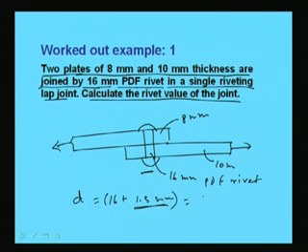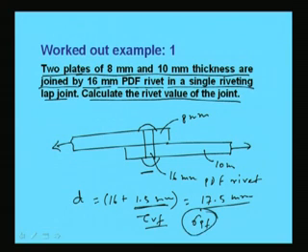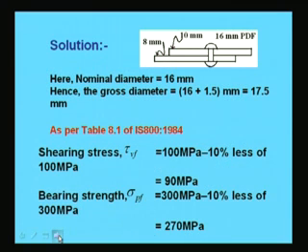So, this will become 17.5 mm. And now, we have to find out what is the tau Vf and sigma Pf. These two things we have to find out from the Codal provision, right. So, if we see the solution as per table 8.1 of IS 800 1984, the shearing stress tau Vf